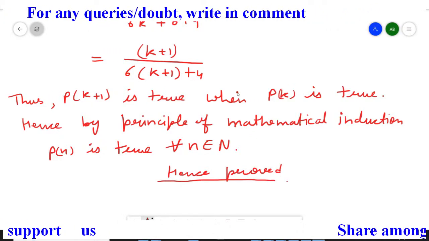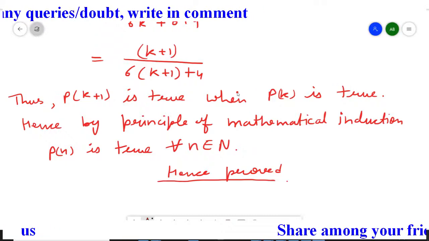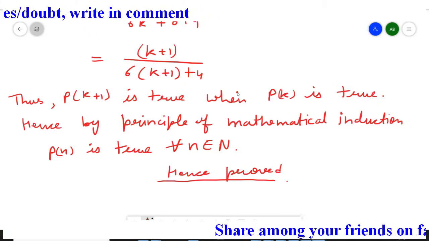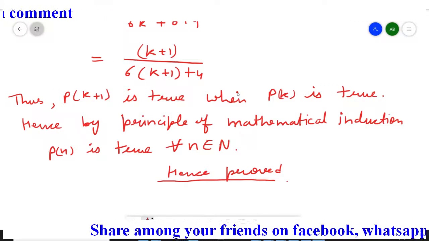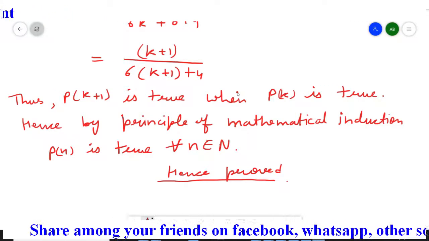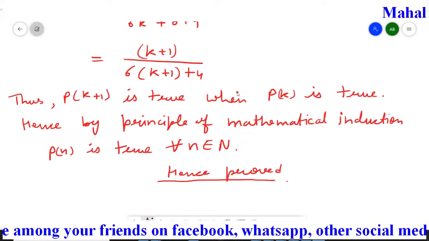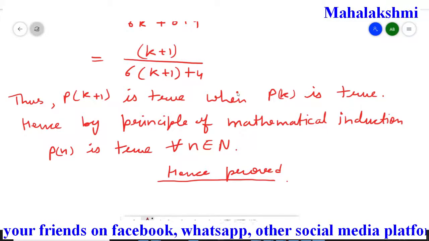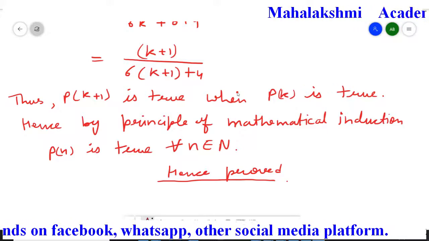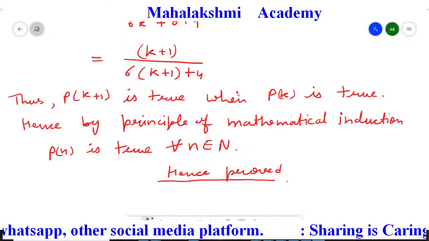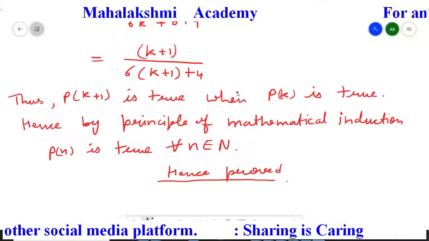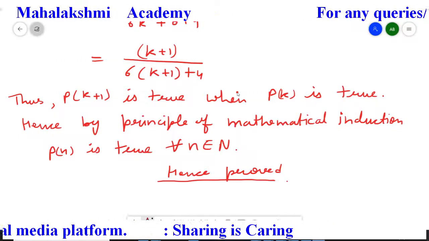So I hope this question is clear to you. So mainly there are 3 steps, students. First step is you have to show that for n equal to 1, the statement is true. Then in the second step you have to assume that the statement is true for k, that k is any natural number, or you can write it's a positive number, meaning remains the same. And in the third step, where you have to work a lot, you have to show that Pk plus 1 is true when Pk is true.